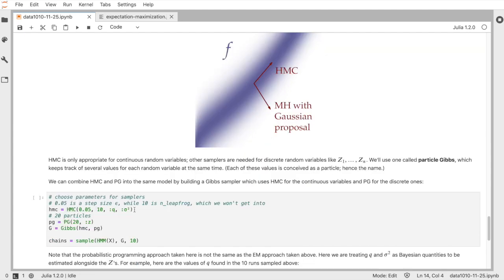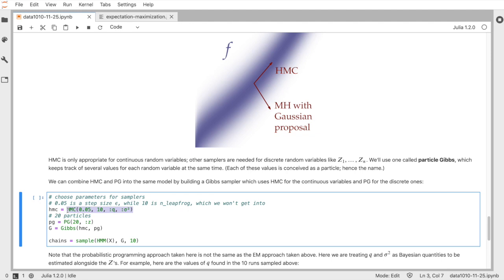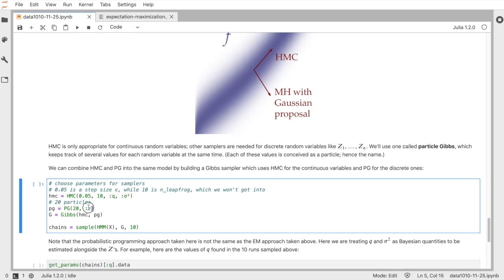So we set up our samplers here. We'll define a Hamiltonian Monte Carlo sampler, and these are parameters. This one is epsilon, which is the step size, and 10 here is something called the leapfrog parameter, and I'll leave you to get into the details of that elsewhere if you like. But we're telling the sampler that it should deal with q and sigma squared. And here we define a particle Gibbs sampler with 20 particles, and we're telling it to work on the z random variables. And then we package those together with a Gibbs sampler that's going to apply Hamiltonian Monte Carlo on these two and particle Gibbs on all of the z's,